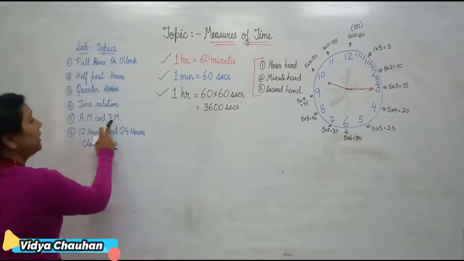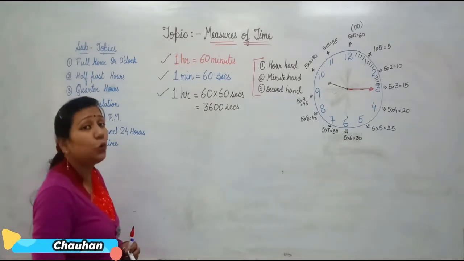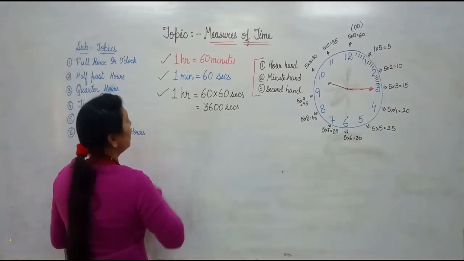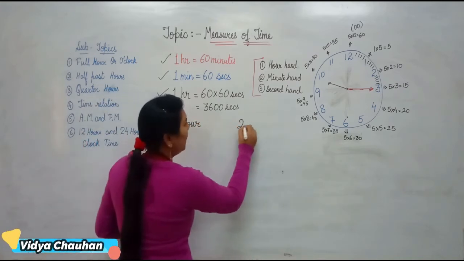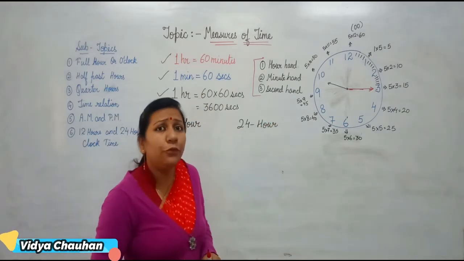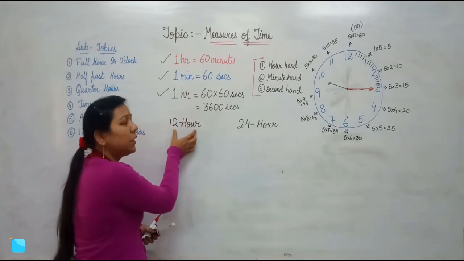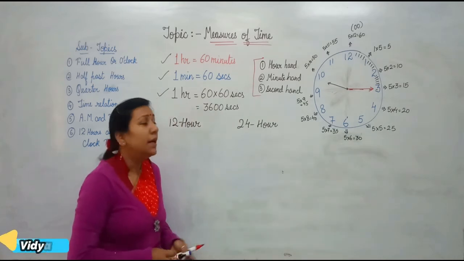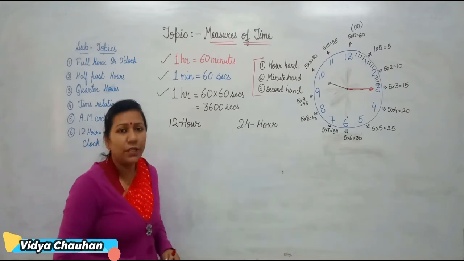After this, we have already discussed what is AM and PM. Now the last topic today which we are going to discuss is the 12-hour clock and 24-hour clock. Students, if we talk about the 12-hour clock and 24-hour clock, the common method of writing the time is basically we use the 12-hour clock. But at some places and in some digital clocks, the time is also shown in 24-hour clock. What is actually the 12-hour and 24-hour clock?